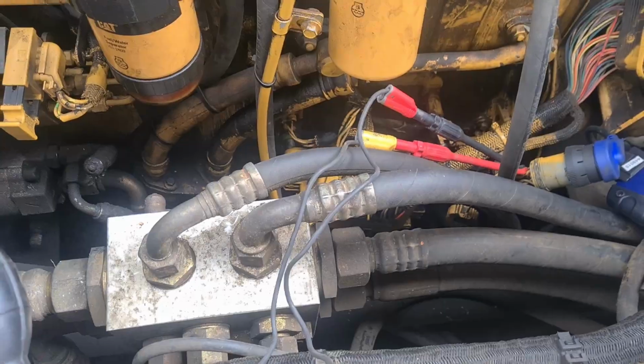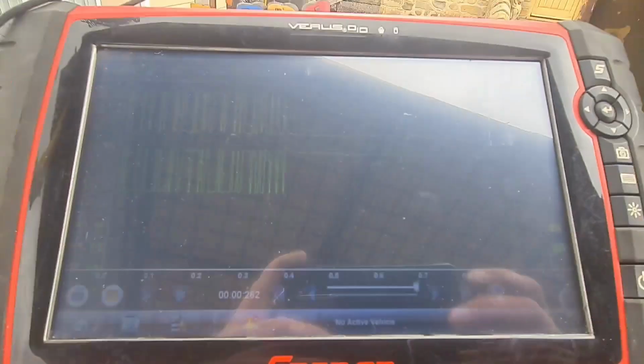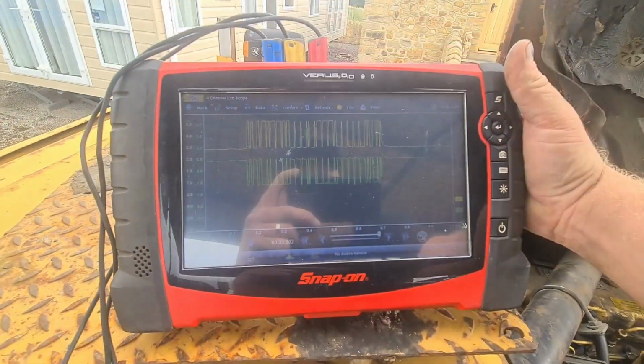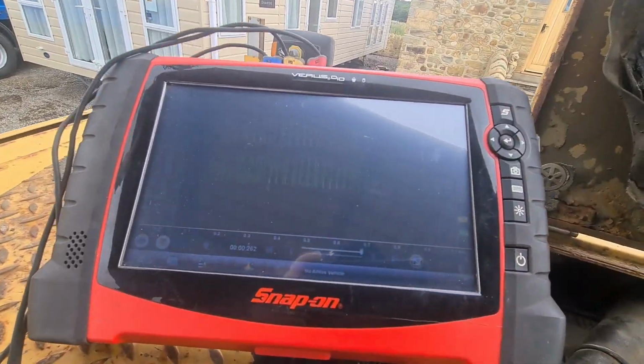I'll flip you over. So back onto the CAN bus, and as you can see, our CAN bus is great. There, look at that, it's spot on. So that's now done. It needs flipping over, but